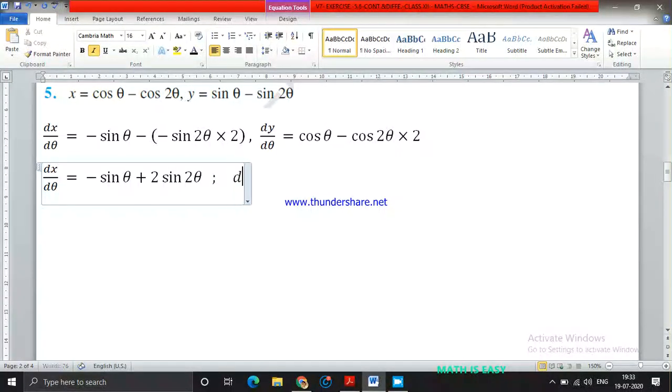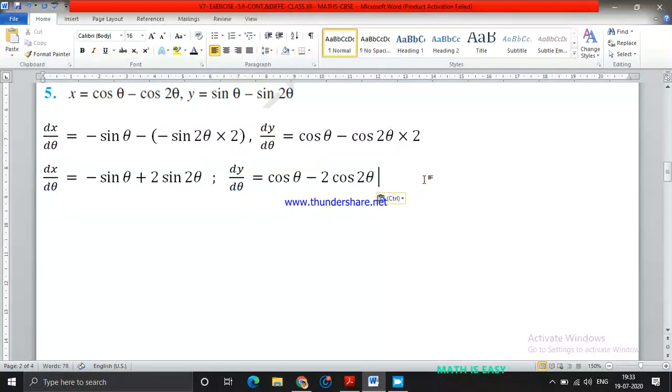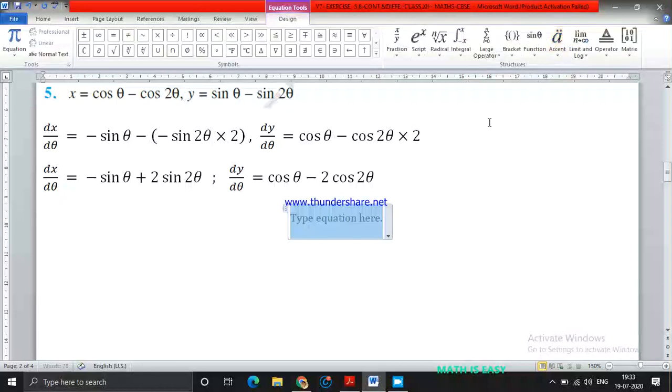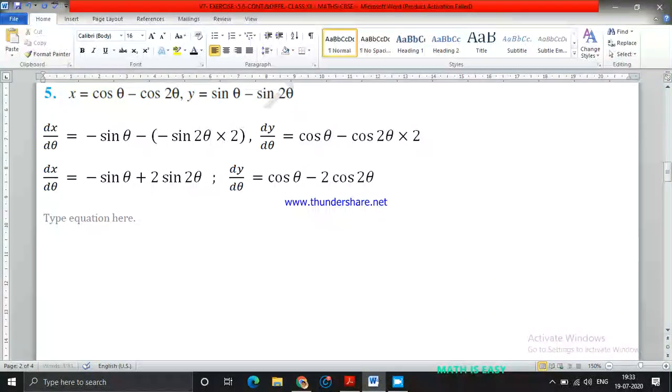Next I'll get dy upon d theta equals, if I simplify here, cos theta minus 2 cos 2 theta. So next step you want dy by dx, the final answer. So the final answer is dy upon dx equals